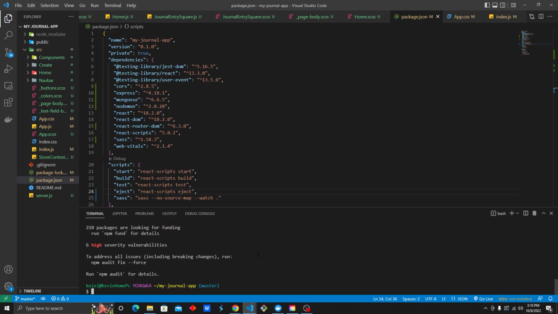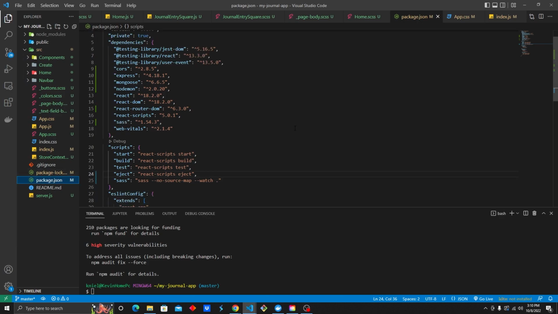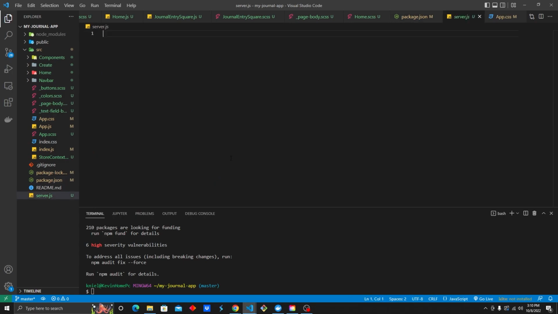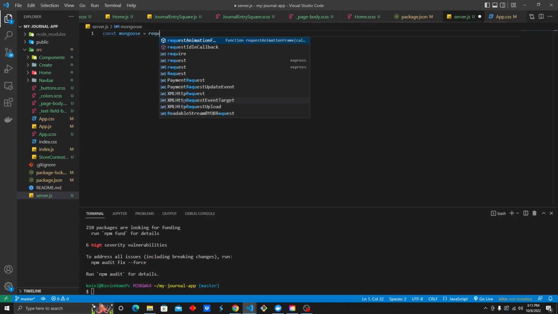So those are the 3 commands. We can see now they've been installed, and we can see in our package-lock.json, CORS, Express, Mongoose, Nodemon. Always double check those. All right, so now we have our server.js. We're gonna do const mongoose equals require